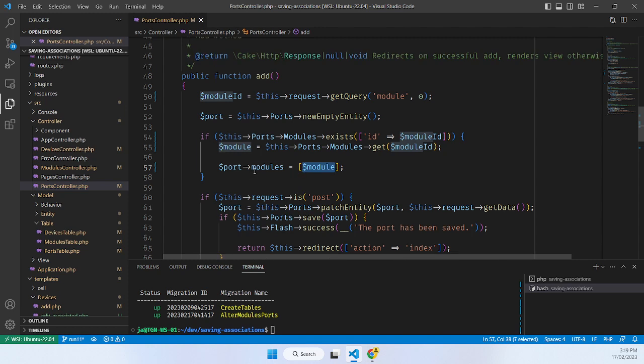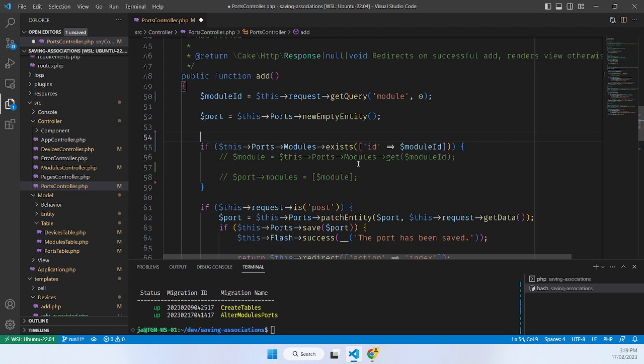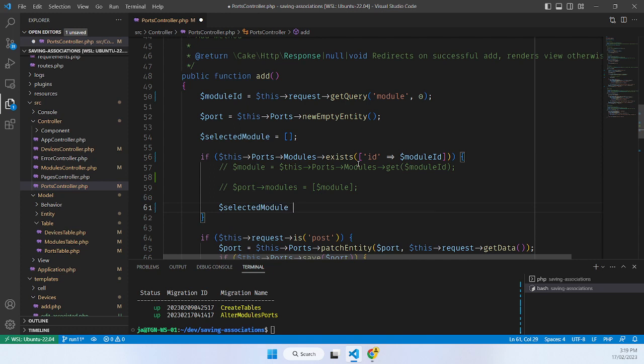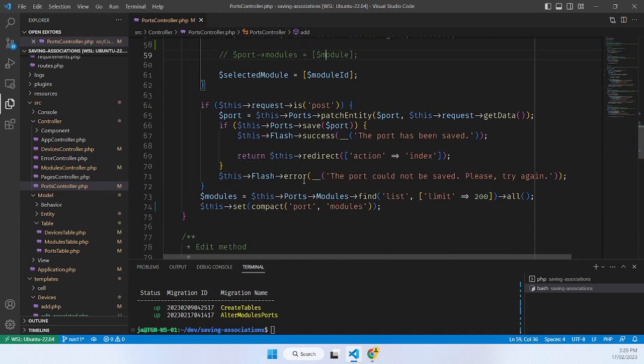Now let's have a look at the other way of doing this pre-filling with this multi select. We again are getting this module. We're again going to check whether it exists, but this time it's going to be selected module, and it's going to be an empty array. Then if it does exist, we're going to say selected module is that value, but the module ID. So then we want to pass that through to our view,